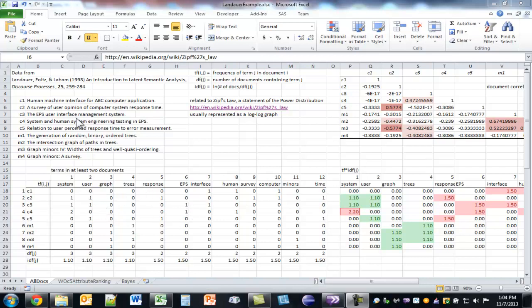Now, I didn't pick all the words in this document for this particular matrix, and the idea is that you only want words that appear in a moderate amount of documents. If you have a word that appears in all your documents, it has no power to distinguish between them. Just because there's 25 copies of "the" in one document and 35 in another, they're still not going to be able to really help you which one would match something else. On the other hand, if a word appears in only 1 or 2